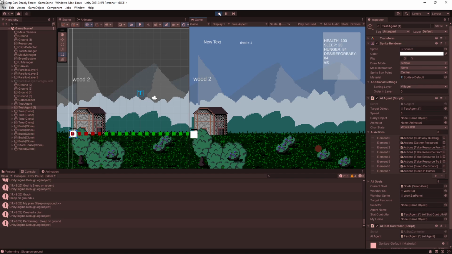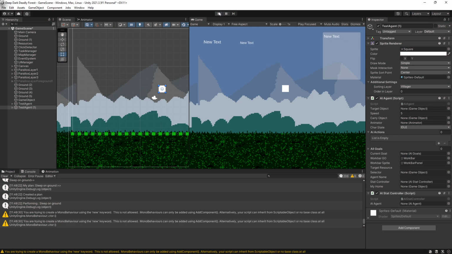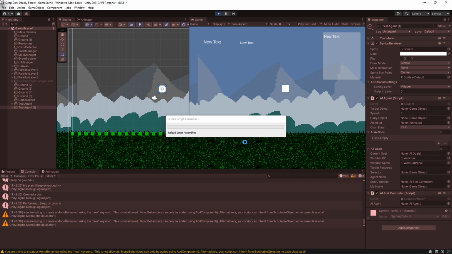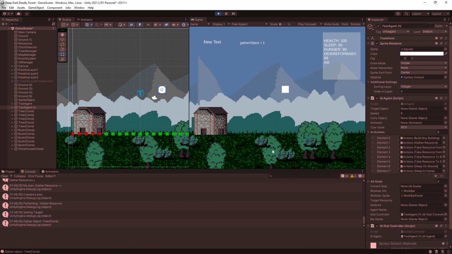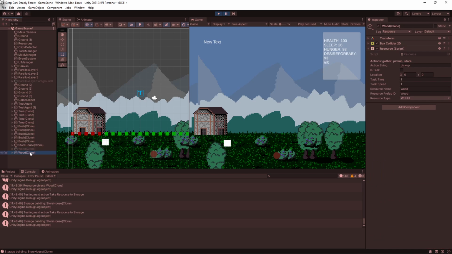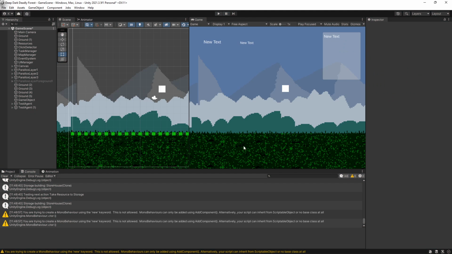That was really weird. They both go to it. They both try to pick it up. It's still here though. So weird. There's actually 2 wood clones. One got picked up by both of them. And then this one, because they both chopped it down, they did it at the same time.